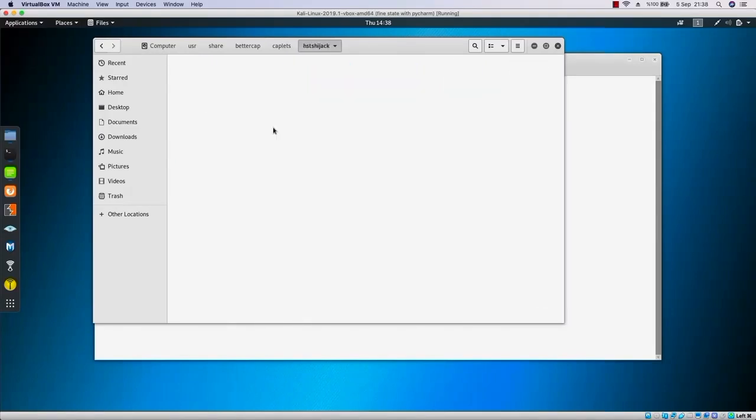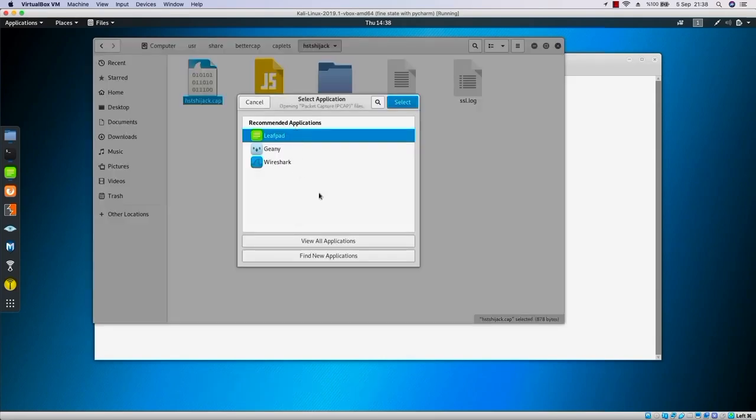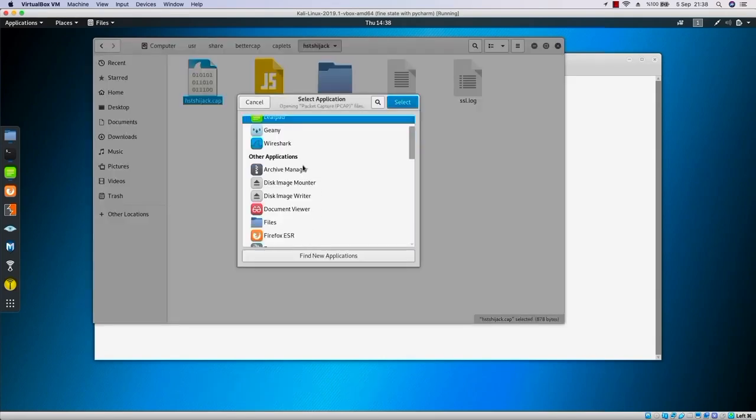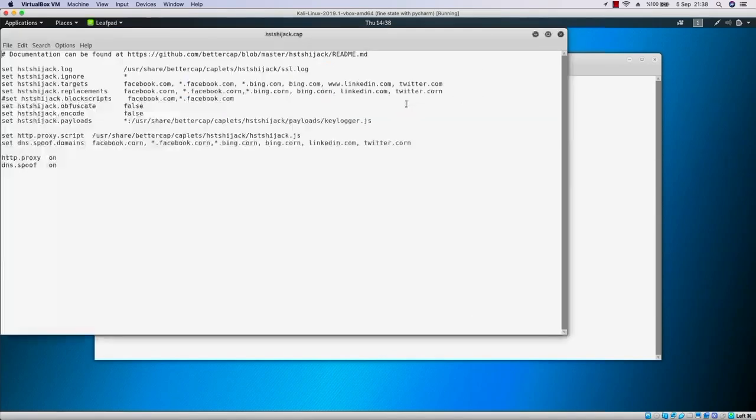So under the HSTS hijack cap configuration, we're going to edit this caplet one more time so that we can actually run this JavaScript code as well. Let me open this with Leafpad, or you can say open with another application and choose a text editor or Leafpad, or you can run this from the terminal like we did